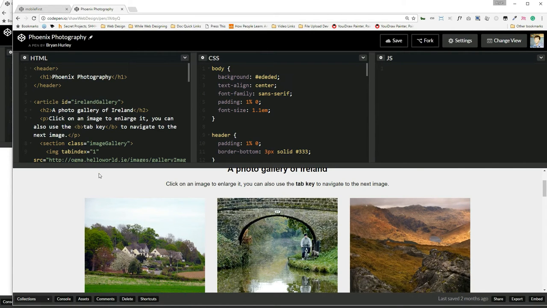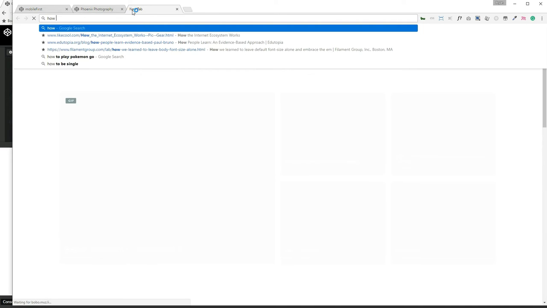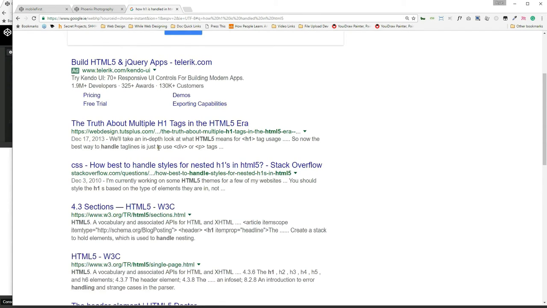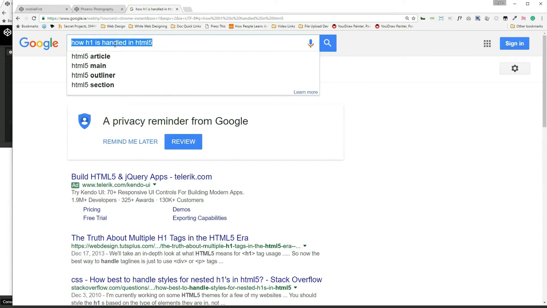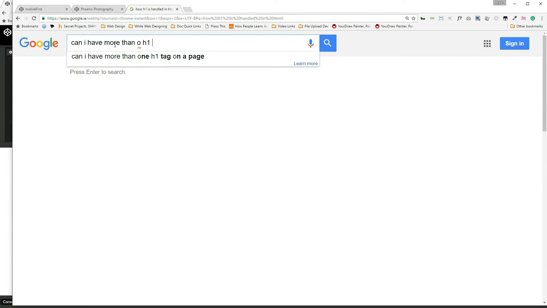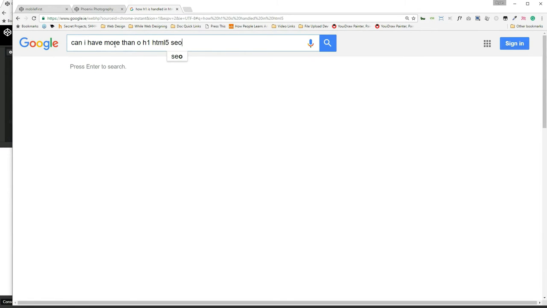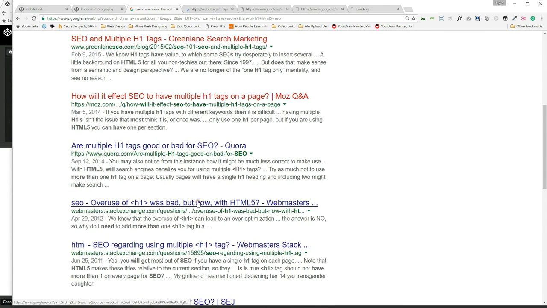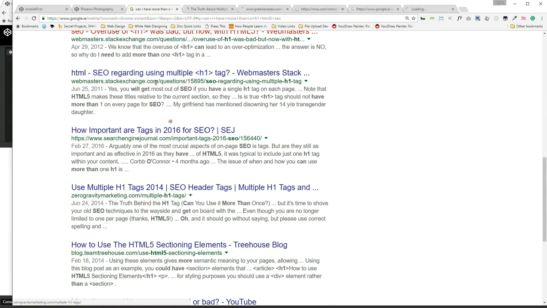So, some questions about the flow of the document. How H1 is handled in HTML5. And let me see if I can find this article for you. It should appear red if I find it. In fact, even better question, can I have more than one H1 in HTML5 for SEO? Is it going to appear for me? All right, I'm just going to start clicking wildly. Nope. Was it you, Treehouse? I don't think it was Treehouse. Anyway, we're going to find this article now, which basically explains